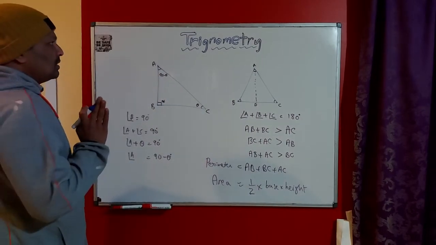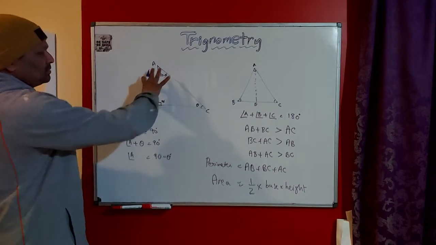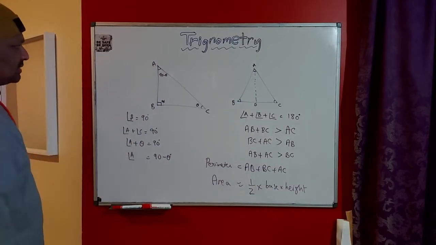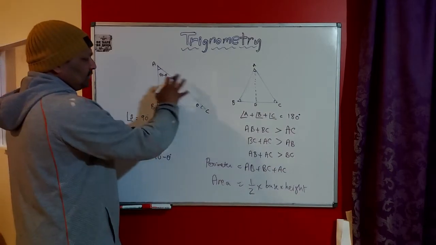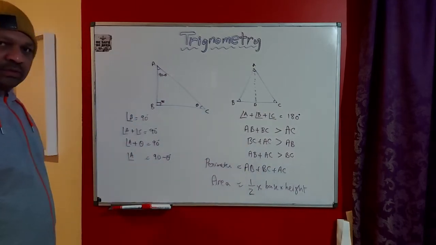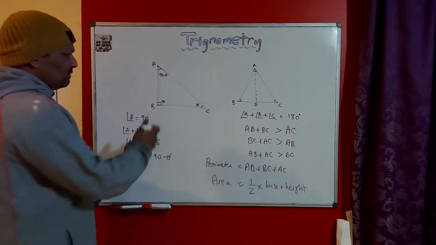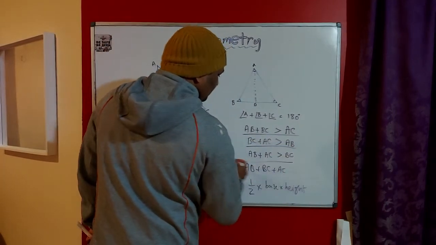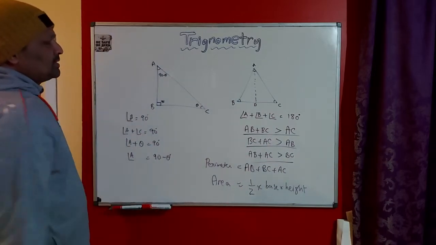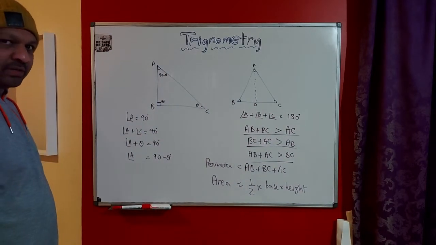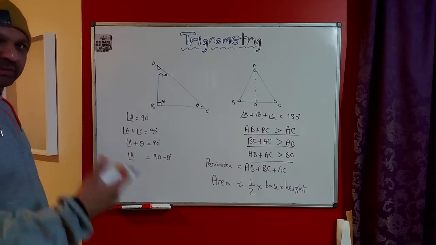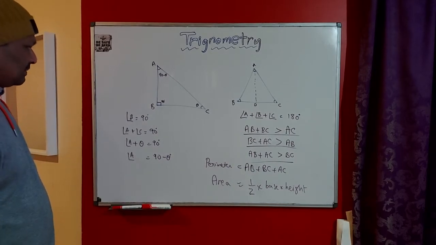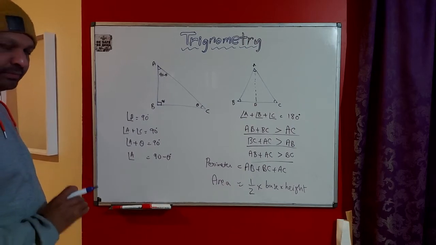Okay. So what is the importance of trigonometry? So fine, we understand what is a right angle triangle, the properties of angles. The sum of three angles in any triangle is 180 degrees. And when it comes to sides, this is the property that any triangle is going to obey. Fine. So what is the importance of trigonometry? Is this all trigonometry? No. There are some concepts even beyond that. What are those concepts?